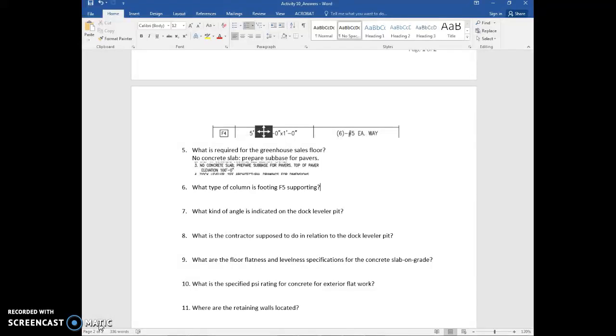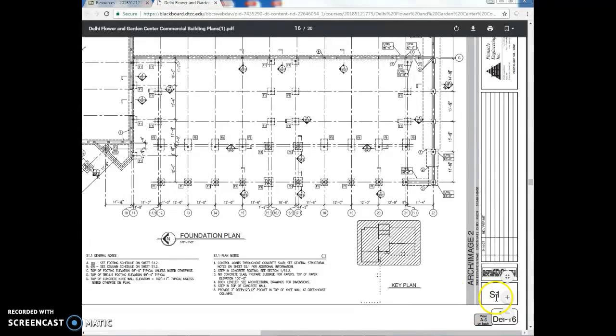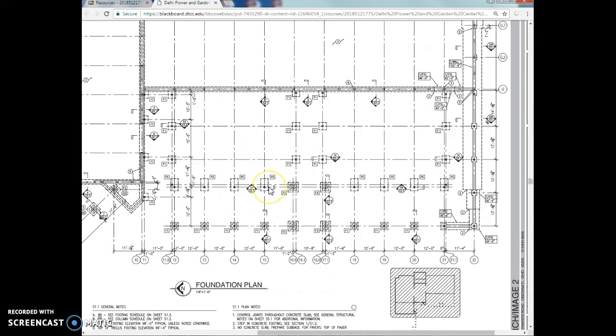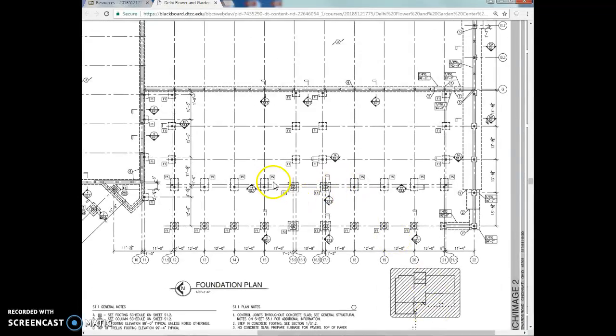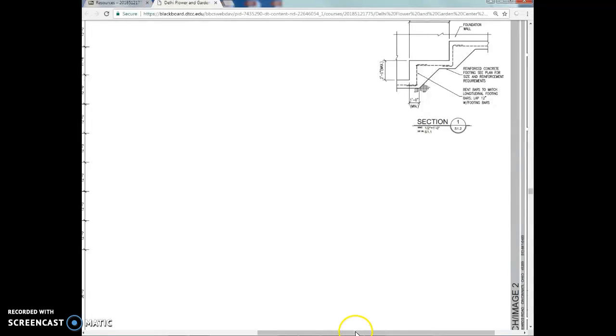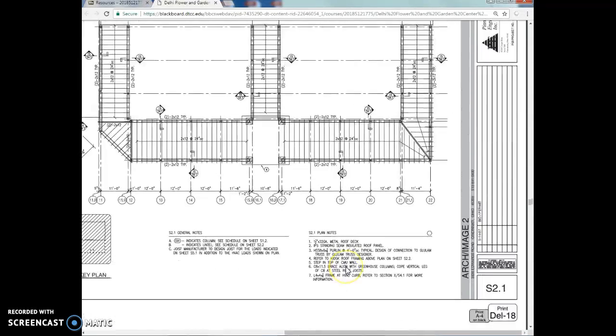So question number 6 asks, what type of column is footing F5 supporting? We're going to stay right here on S1.1, which is the foundation plan, and we're going to look for footing F5. So in looking at footing F5, what you're going to notice on this plan is that some of the other footings have columns associated with them, and those columns are found in the column schedule, but footing F5 does not have any columns associated with it. However, it does have a section running through it, and it's section 14 on S3.1. So if we go down to sheet S3.1,